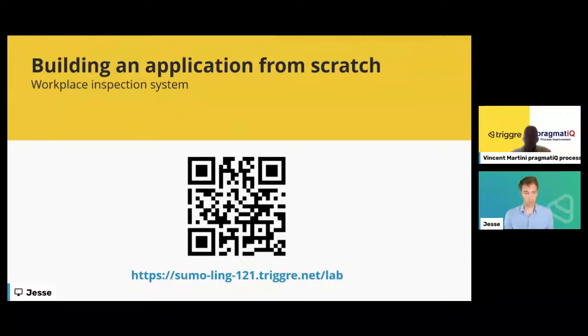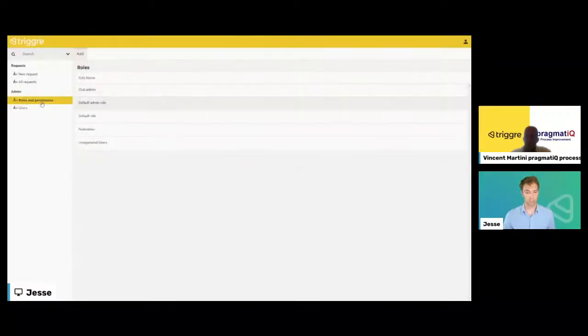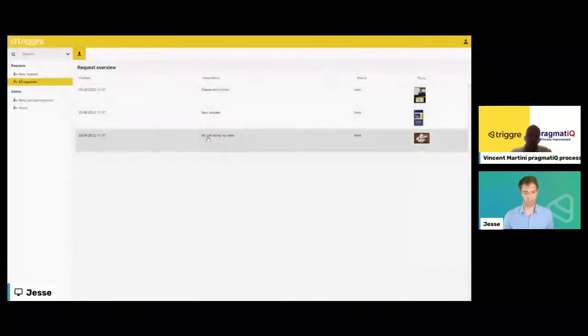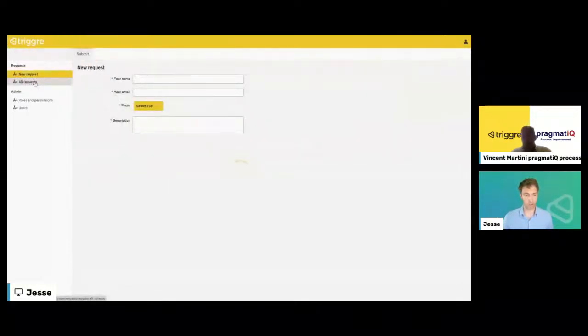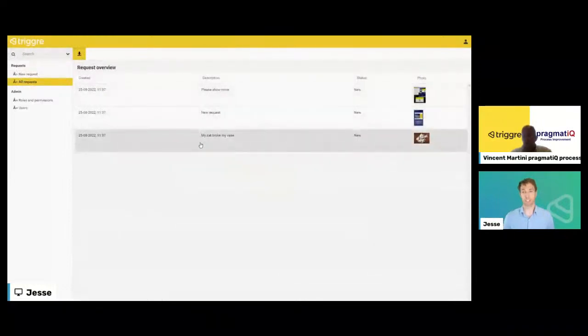Okay, so I've now submitted that, and if we go here to all requests, you can see that there's a couple of people here that have submitted something. Cat Pragmatic, nice. So I have this one here. Now there's a couple of questions, so I'll dive into those first. But you can see that when we enter something as a new request, it shows up here. And the next step that we'll do after this, and I'll answer some questions first, is that we'll actually make